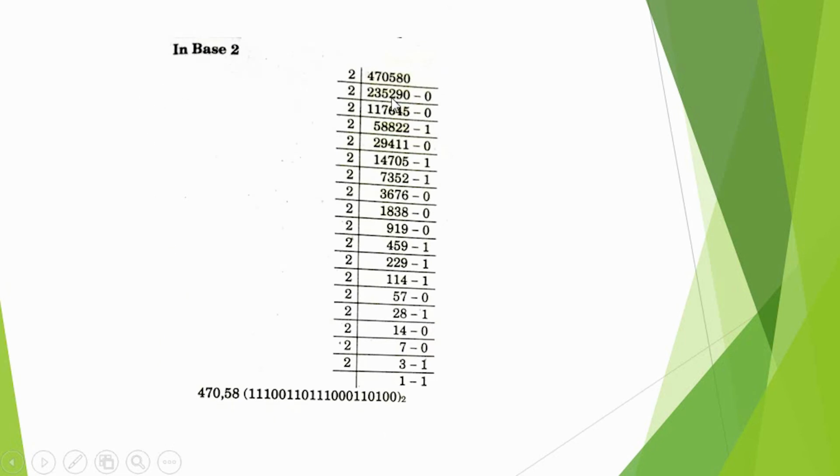Now converting base 2. 2 twos are 4. 2 threes are 6. 2 fives are 10. 2 twos are 4. 8 becomes 18. 2 nines are 18. 0 and 0 carry. 2 ones are 2. 2 sevens are 14. 2 becomes 12. 2 sixes are 12. 2 fours are 8 and 2 fives are 10.